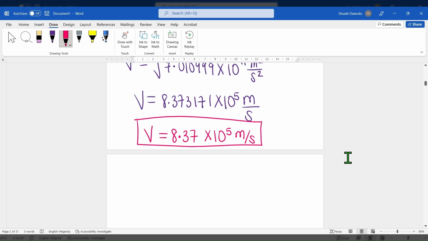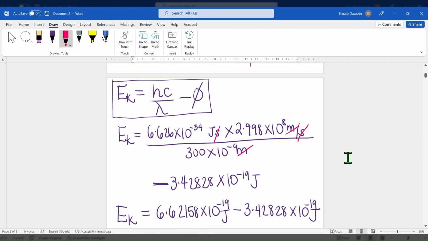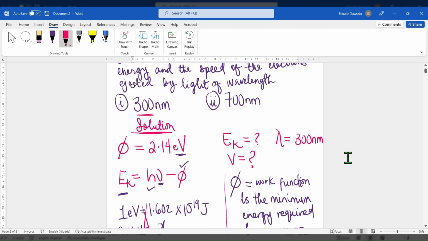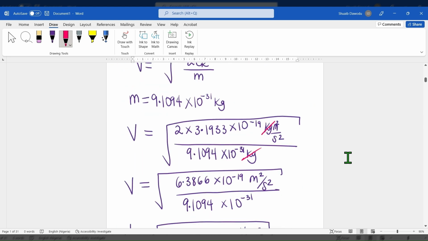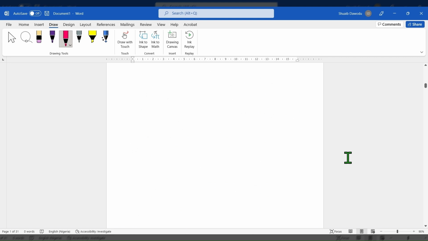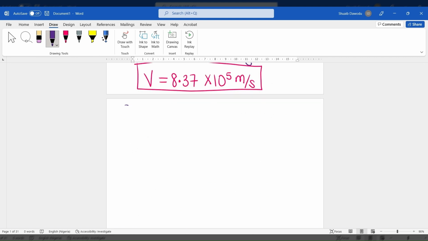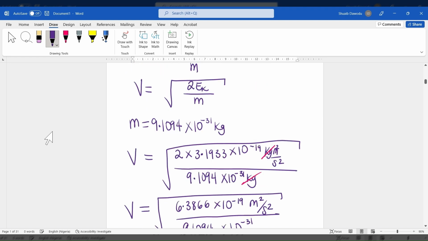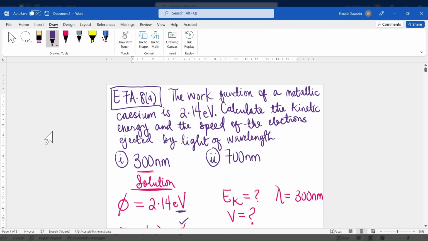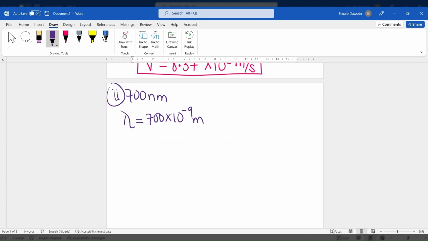So that is the first half of the question. We have another question that says for us to work on this with 700 nanometers. So the second question involves us solving for 700 nanometers, but everything else is the same. So the first thing you have to know is the wavelength is 700 times 10 raised to the power of negative 9 meters. The work function is also